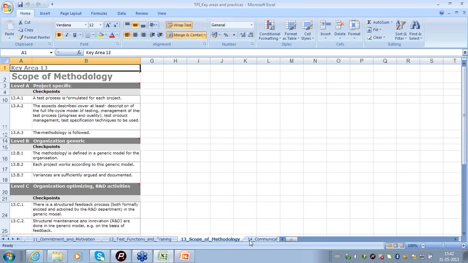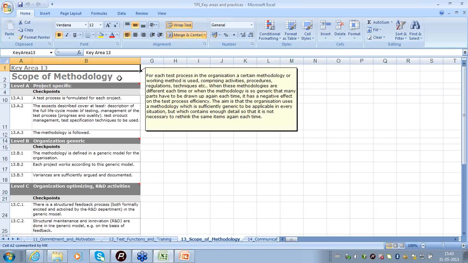The next key area is scope of methodology. By the word methodology, we mean the activities, procedures, and techniques used for performing software testing. So the model says that the methodology used should neither be too generic nor be too specific to the given project.